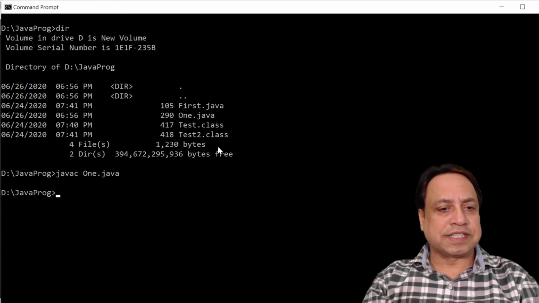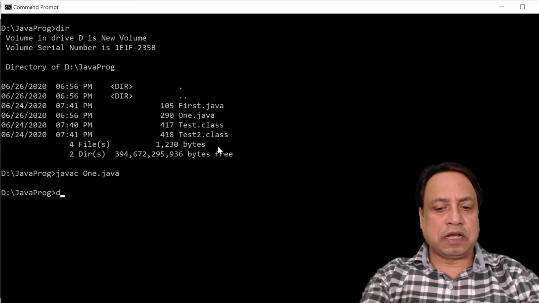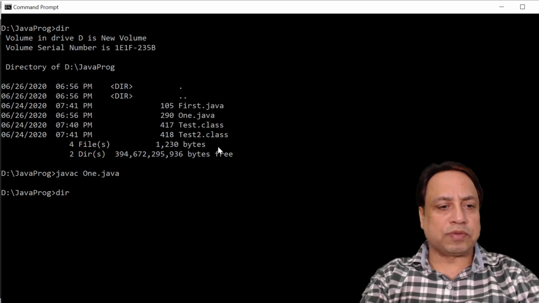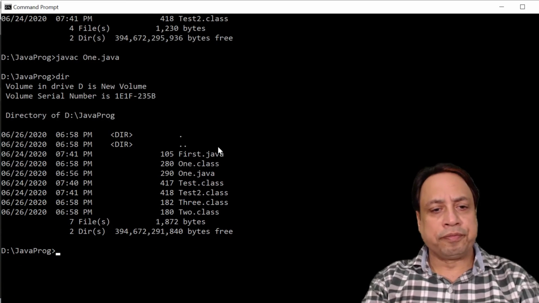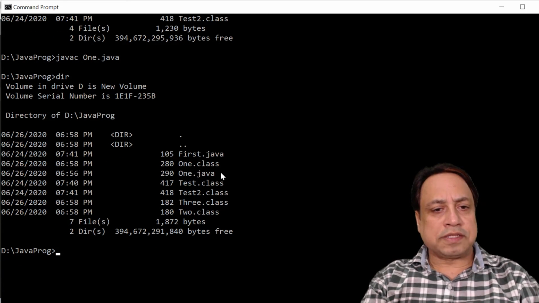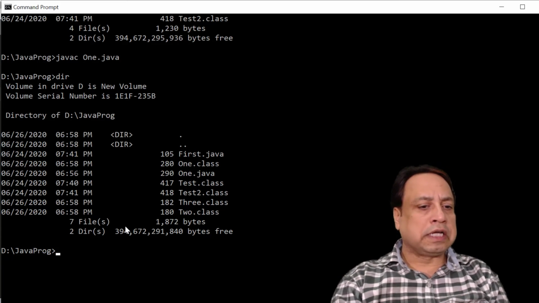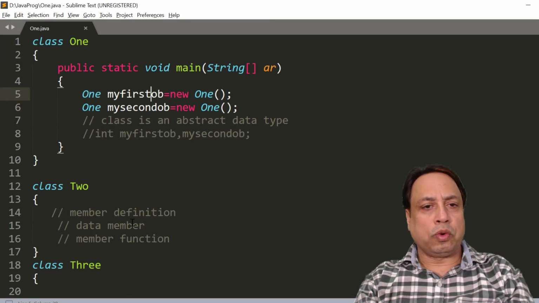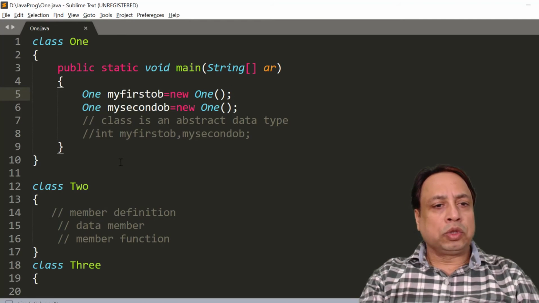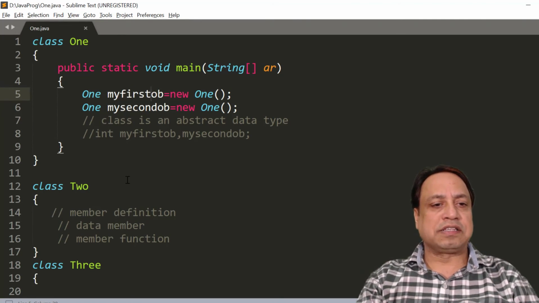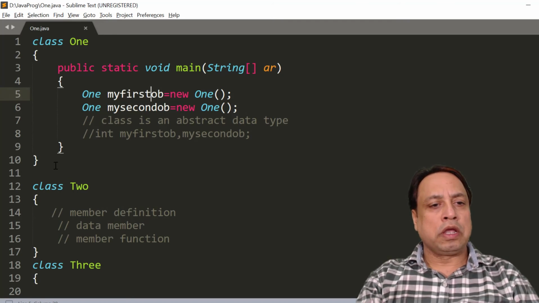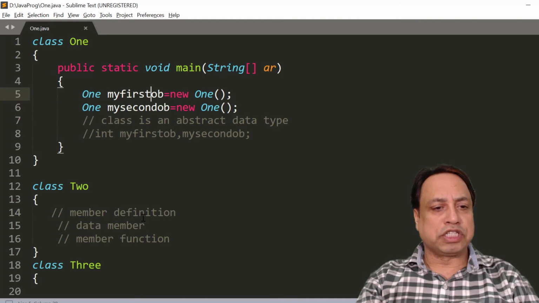Now as it is compiled successfully, there is no error into it. If we see the contents, you will see 3 more dot class files present in this folder like this. As you may see that there is 1 dot class, there is 2 dot class, there is 3 dot class. The 3 more classes are present. ये आपको एक चीज और सिखाता है कि जब भी हम किसी प्रोग्राम को कंपाइल करेंगे तो वी मस्ट नो दैट उस प्रोग्राम के अंदर कितनी क्लासेस हैं. जितनी क्लासेस उस प्रोग्राम के अंदर होंगी, जब भी हम उसे कंपाइल करेंगे उतनी डॉट क्लास फाइल्स एग्जीक्यूट होने के बाद, javac एग्जीक्यूट होने के बाद आपके फोल्डर में बन जाएंगी.